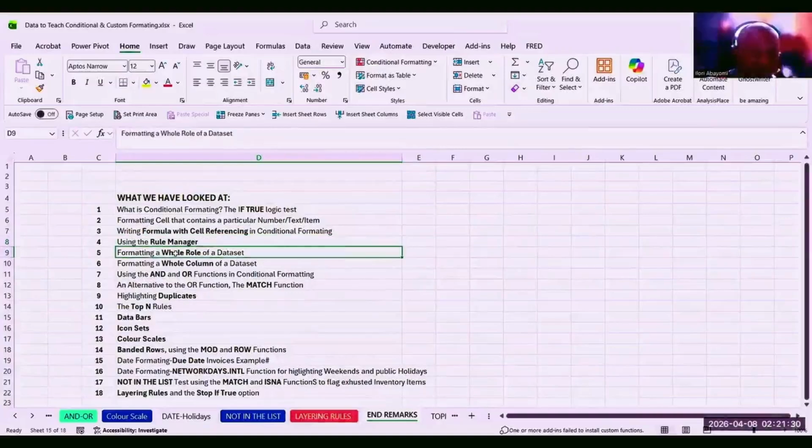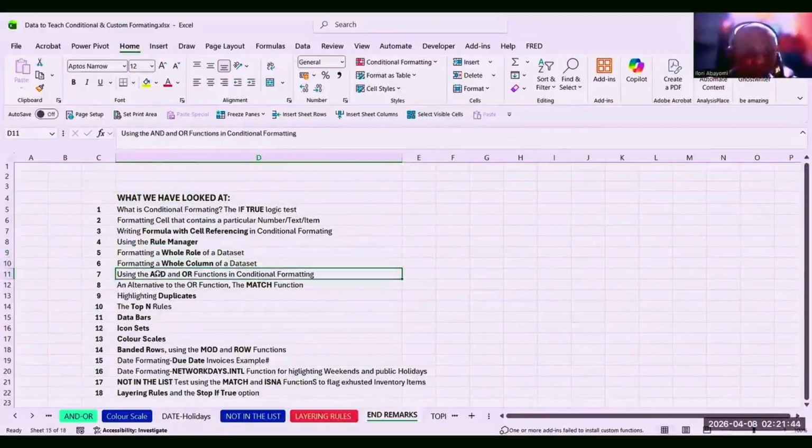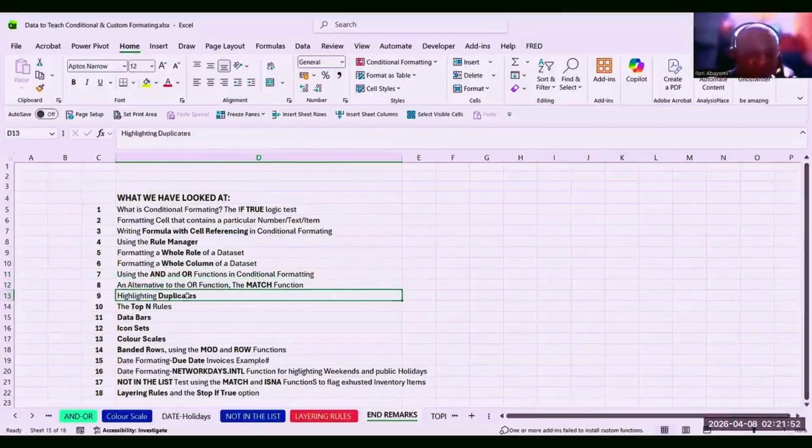How to format a row of a data set. That means format an entire row instead of formatting one single cell or a number of cells. How to format a whole row, how to format a whole data column, how to use the OR and the AND function, how to use the MATCH function as an alternative to the OR function, how to remove duplicates,